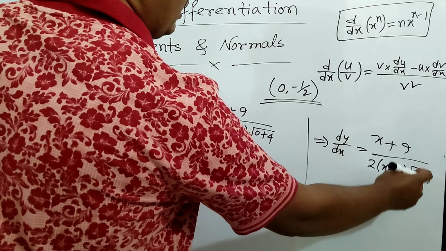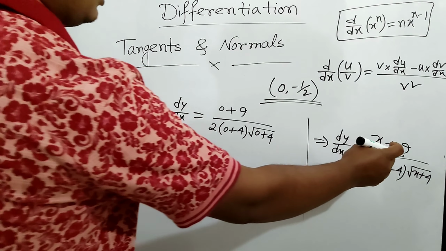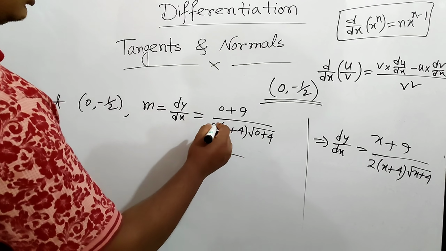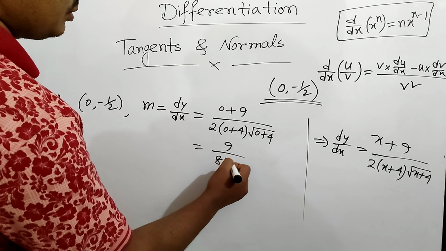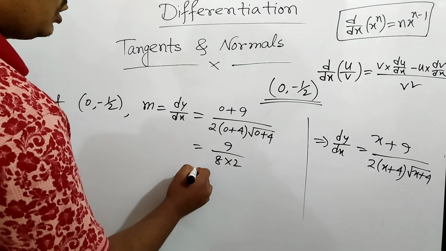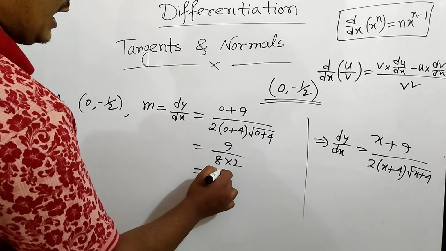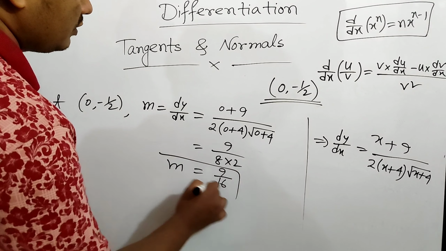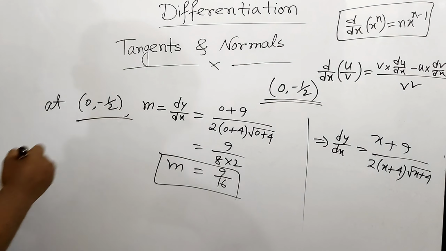There is no y on the right hand side, so you just put the value of x only, then you will get 9 over 2 times 4, that is 8, multiplied by the square root, that should be 2, that is 9 over 16. Okay, so that means the value of m is 9 over 16